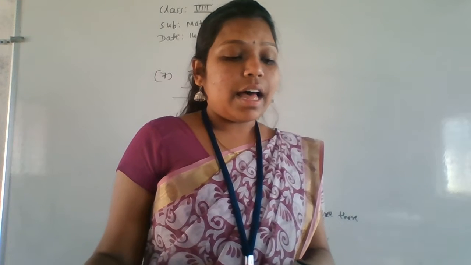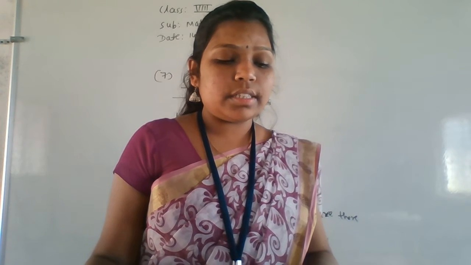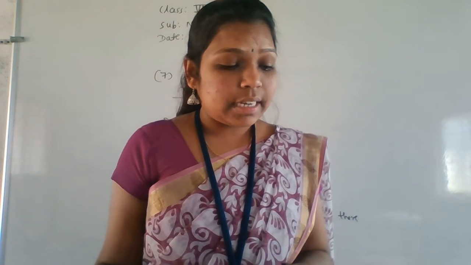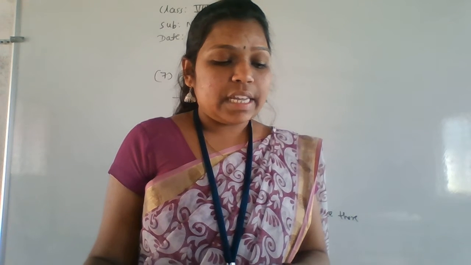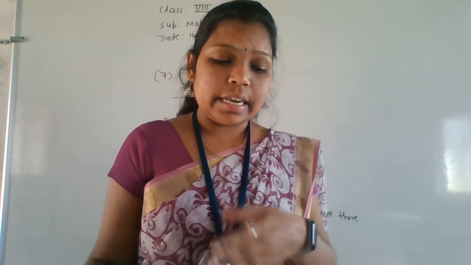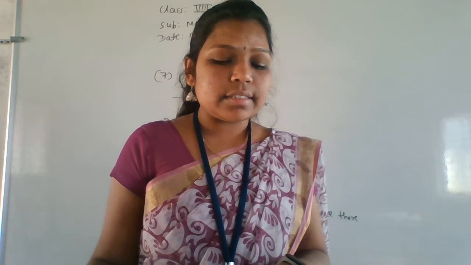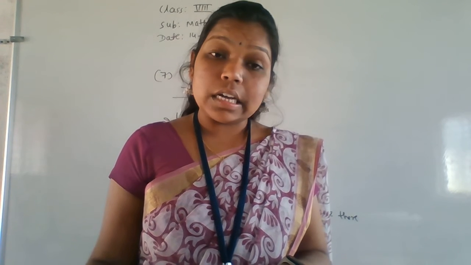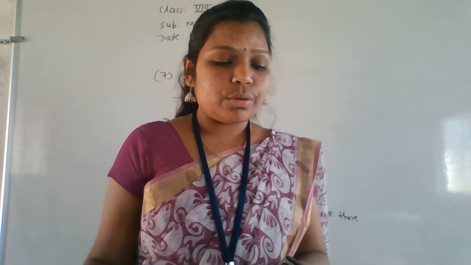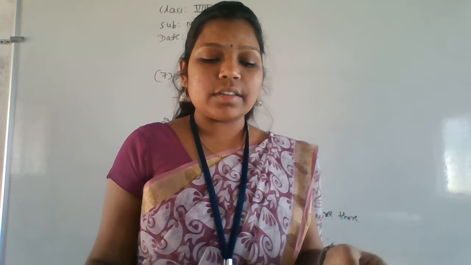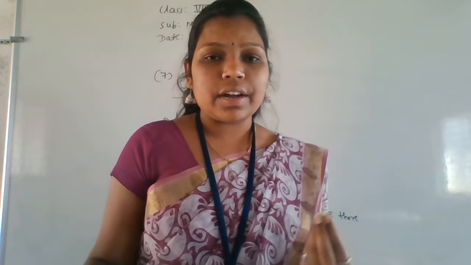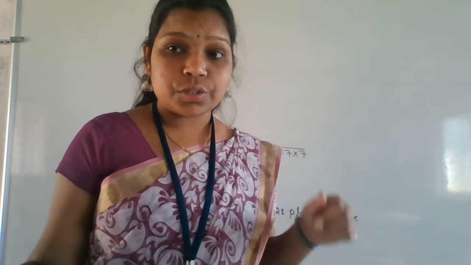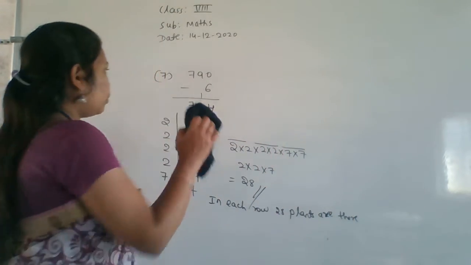What is the 8th one here? An army general arranges his soldiers in such a way that the number of rows is the same as the number of columns. In doing so, he finds that 55 soldiers are left out. If the total number of soldiers is 6455, then find the number of soldiers in each row. Okay. So now you have to do here, leftover means that 55, subtract first. After that find the square root of that number. Then you will get how many soldiers are there in each row. Okay. So go for that 8th problem.